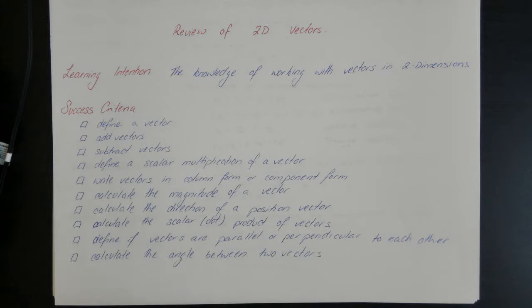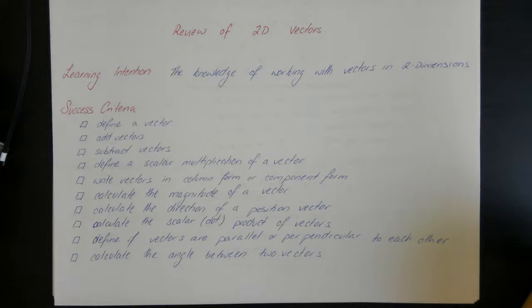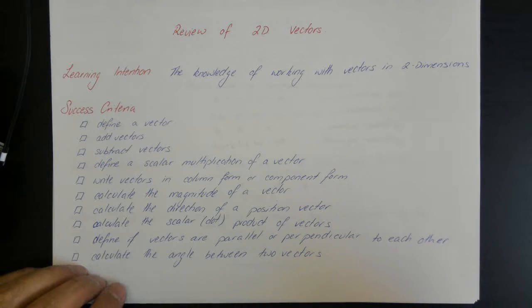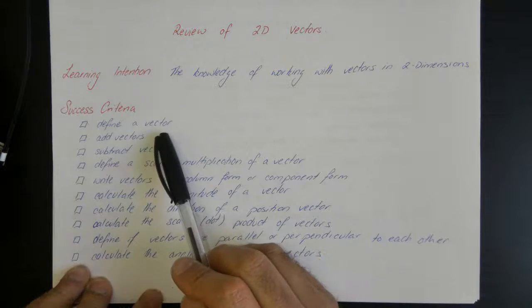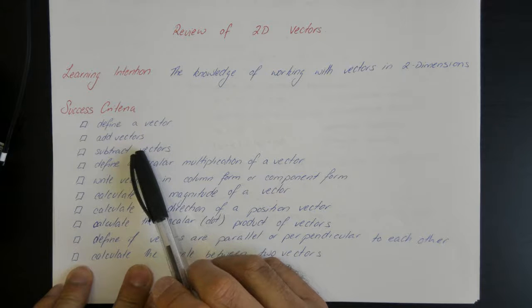Okay, so today we're looking at reviewing some of the ideas from 2D vectors. So our learning intention is to gain the knowledge of working with vectors in 2 dimensions, which is the Extension 1 course. So we'll be successful if we can define what a vector is, add and subtract the vectors, define